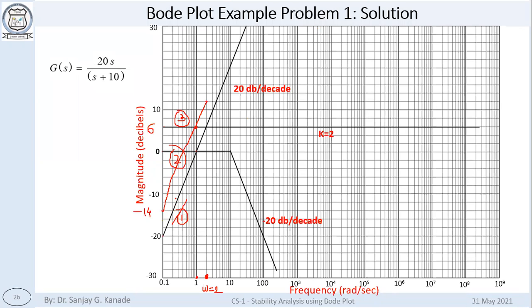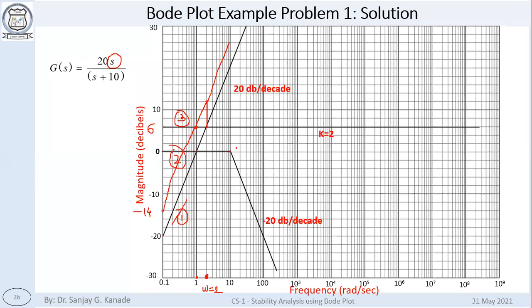In that video, I have shown how you need to draw parallel lines, and the reason behind that is this. See this 20 dB per decade line, which was basically contributed by this S, is just getting shifted upwards. From here it is shifted upwards by 6, here also it has shifted by 6, and from here also it has shifted by 6, right? Until what point is it going to be shifted? Until omega equal to 10. So until omega equal to 10, you can simply draw that line like this.